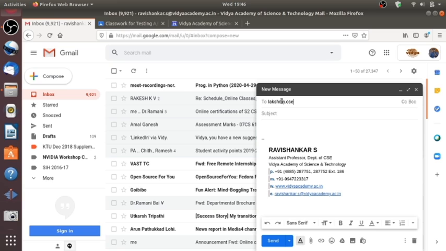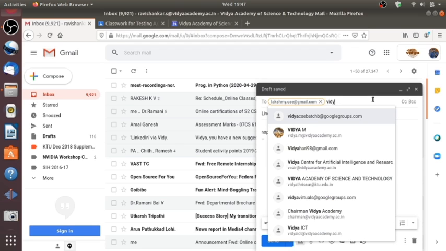If you are doing this, then there is no need to add them to the Google Classroom. Directly they will get the link to join Google Meet so that they can come for your class at the right time. So give the details and paste the link which I have copied earlier. Here I am giving Vidya CSE batch B, which is my class group mail ID, so that everybody will be getting this link to join the class.